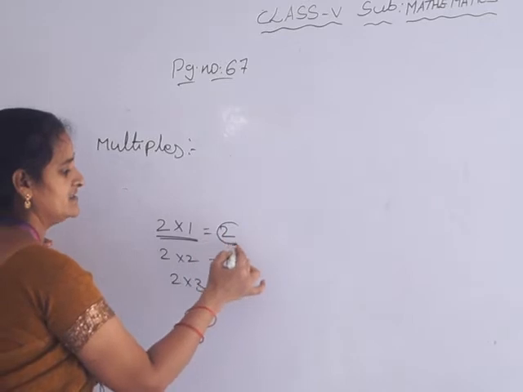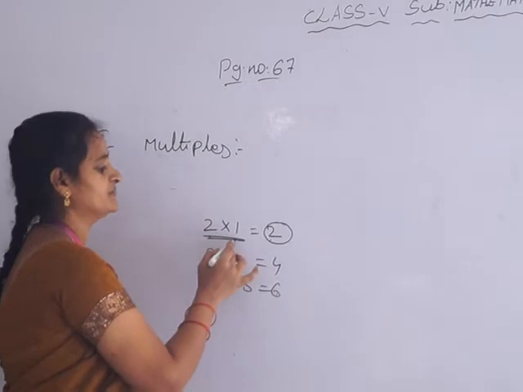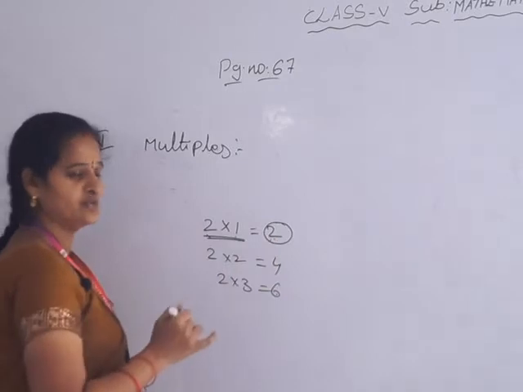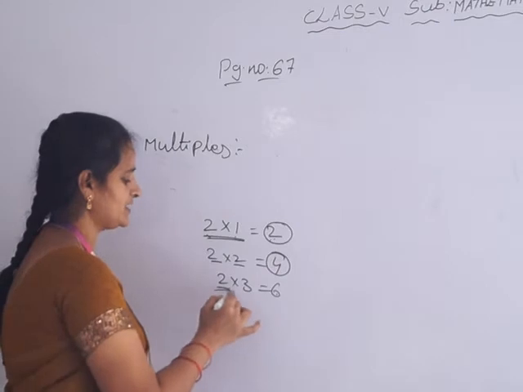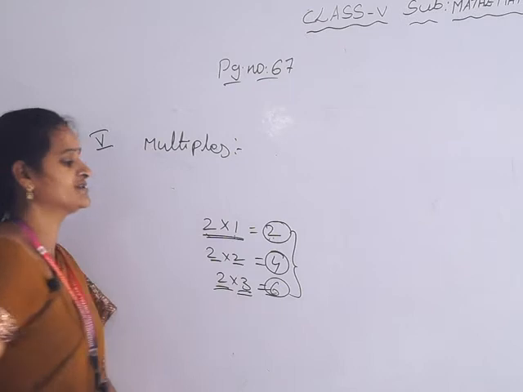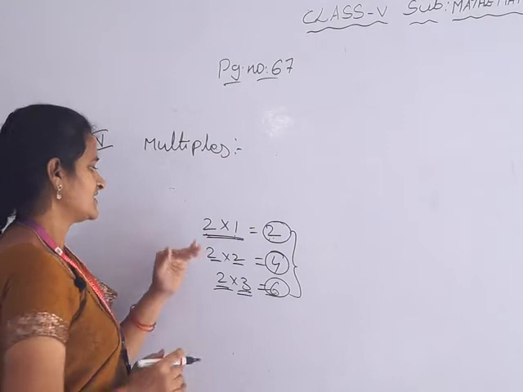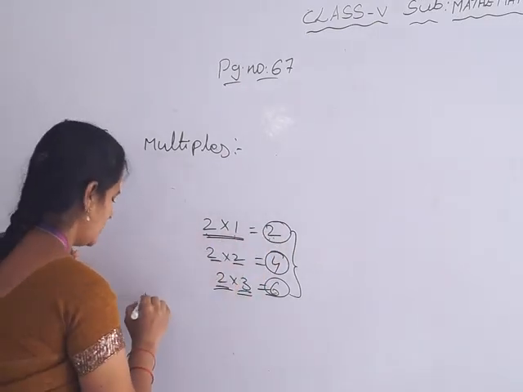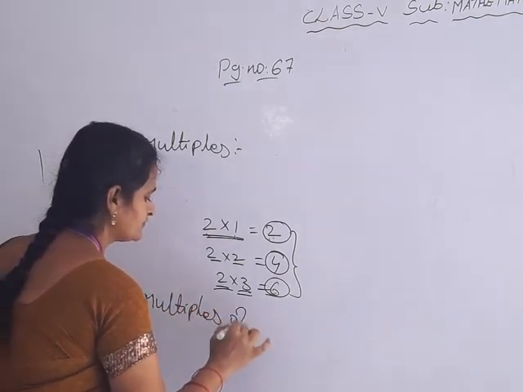Whatever we are getting is the product of these two numbers. 2 into 1 is 2, the product of 2 and 2 is 4, and the product of 2 and 3 is 6. These are called the multiples of the given number. For example, the multiples of 2 are